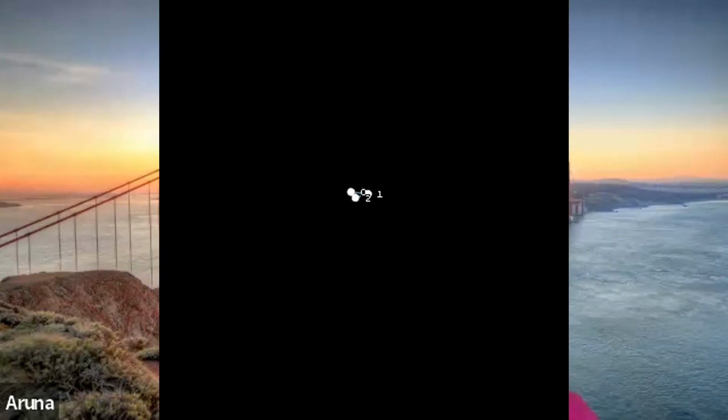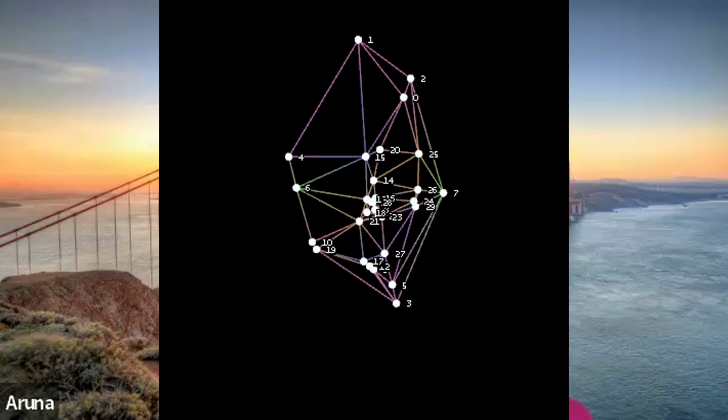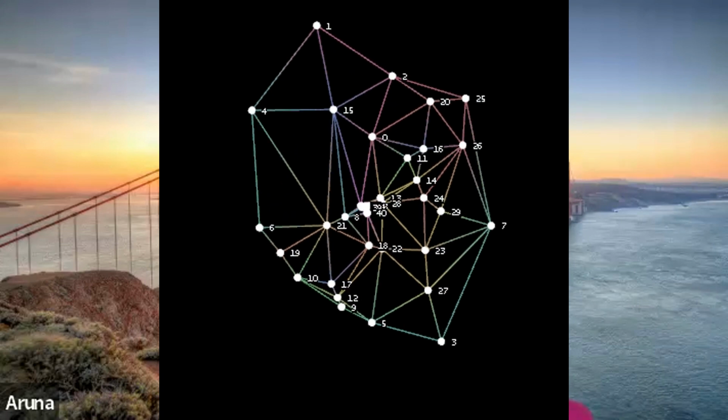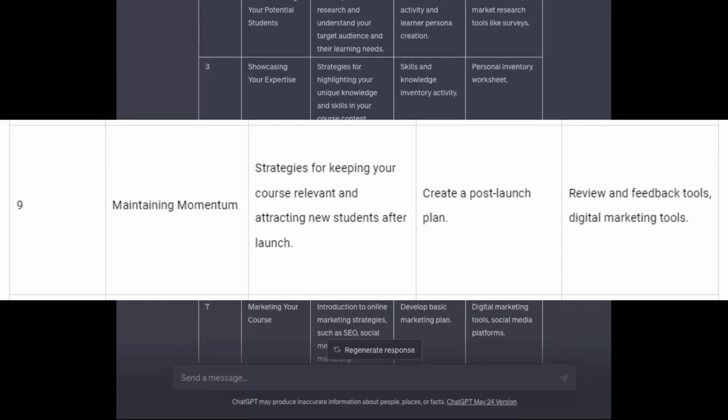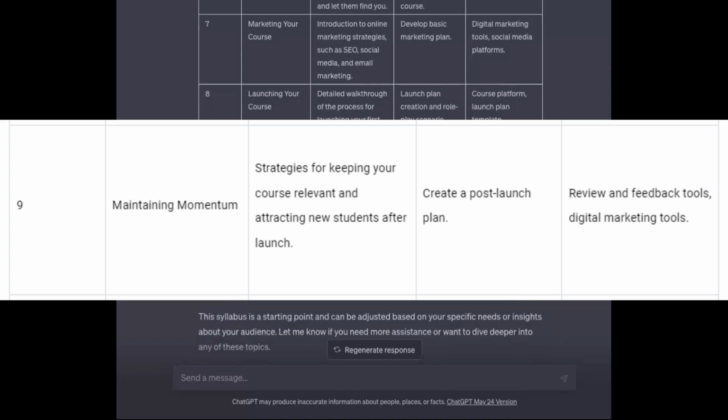I agree. As is usual for us, Gautam, we gradually add in constraints so that at the first go, we get to see what ChatGPT's unconstrained response is to our query. The advantage of that is we get ideas that we like. One idea that I already like from Emily's current response is a session on maintaining momentum and keeping the course relevant. So while that may not be relevant to our 2-day program, it's still an idea we can use in